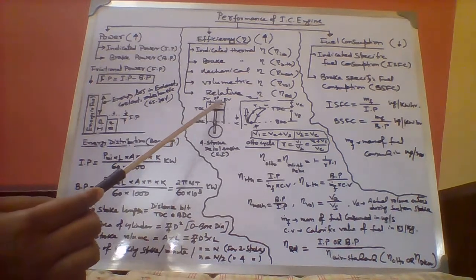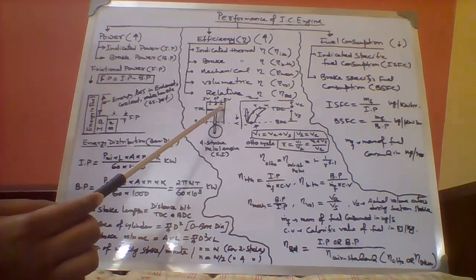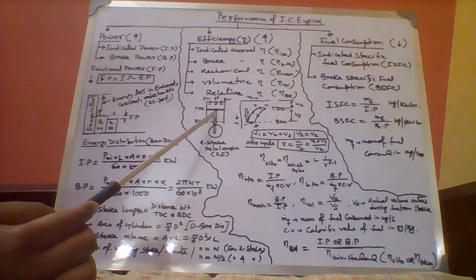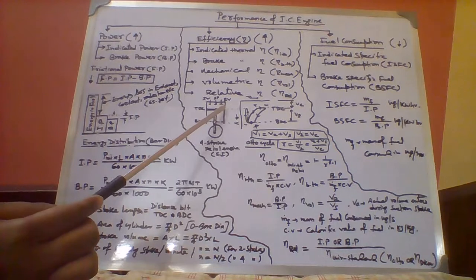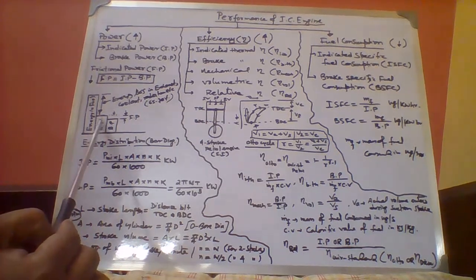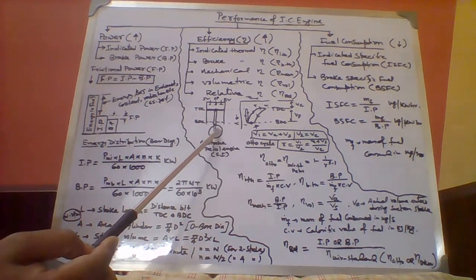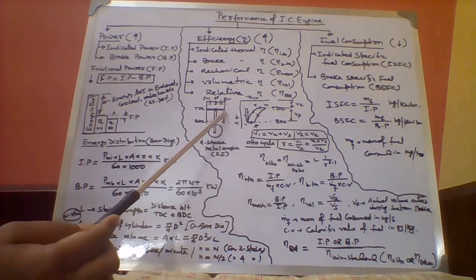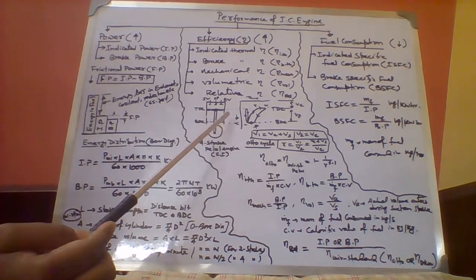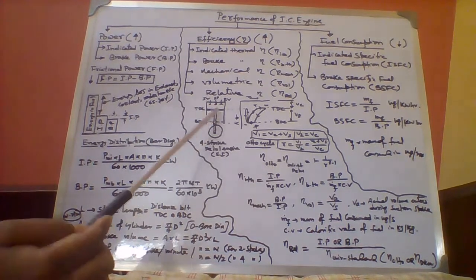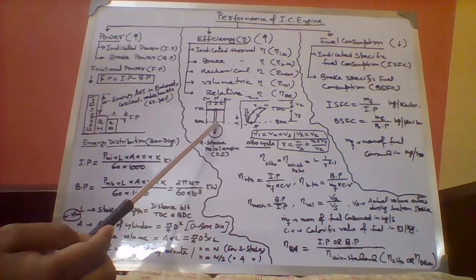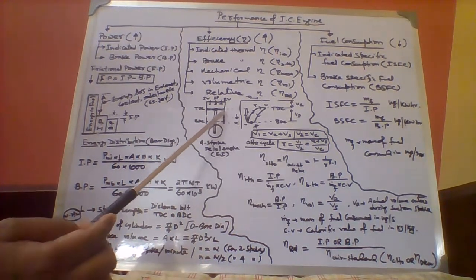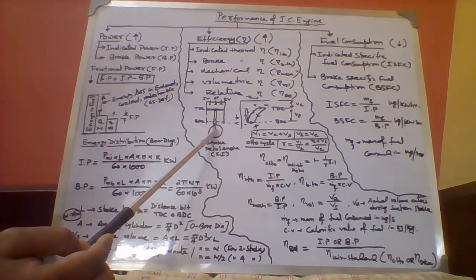IP comes itself inside the cylinder. That means because of this burning, thrust is provided to the piston. So this thrust comes inside the cylinder. Got my points? So the power corresponding to that is termed as indicated power, and whatever power we are getting over here is known as BP. So the difference is that whatever power we are getting over here is not finally moved to that point. Why? Because the piston slides over that surface, so there will be friction. It is again connected, so there will again be friction.